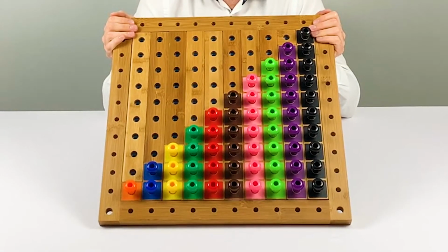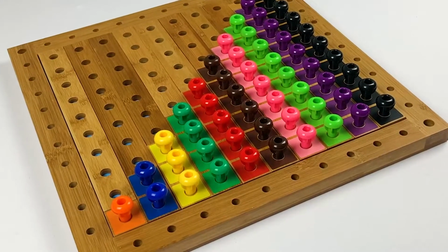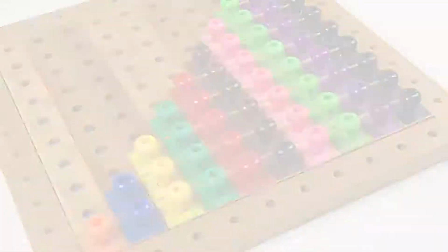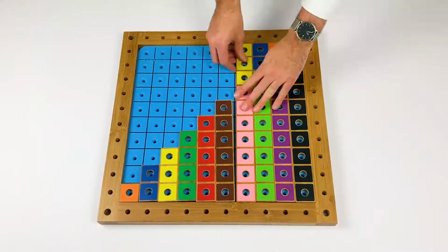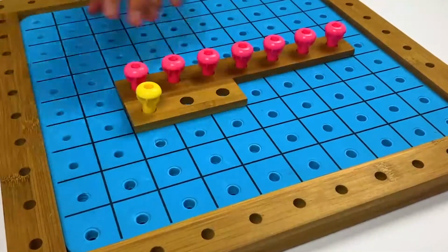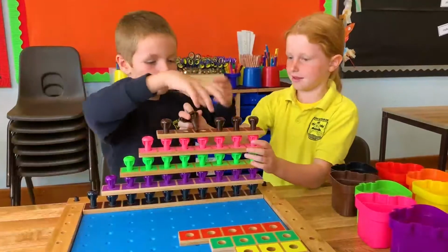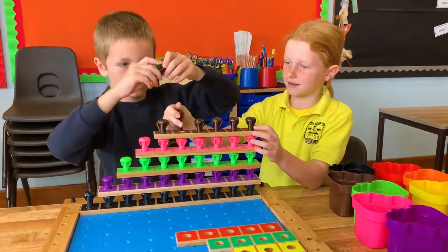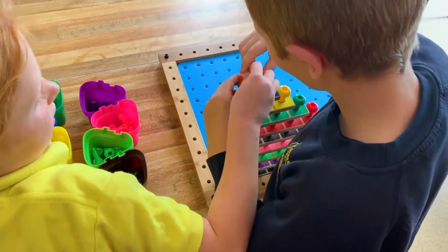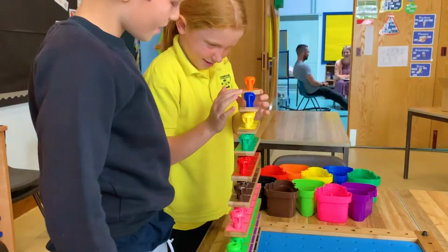Introducing one of the most open-ended maths manipulatives made from eco-friendly bamboo, P2P CountUp. This versatile teaching resource can be used in many different ways and can represent number on both a two-dimensional and three-dimensional plane. The chunky and tactile size of the pieces encourages learning through play and helps to build key fine